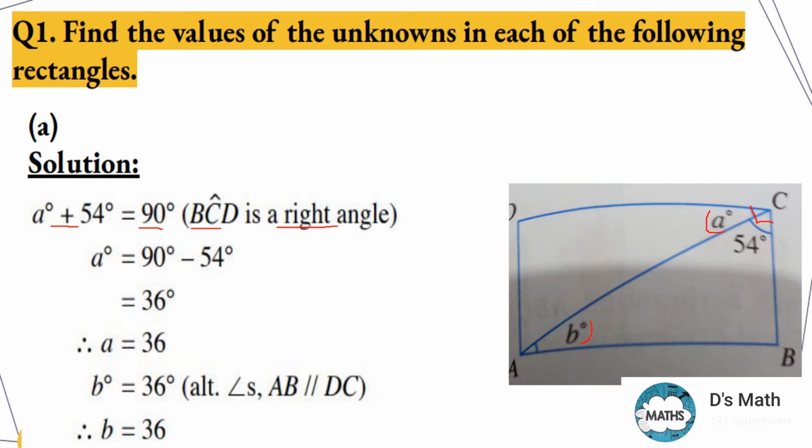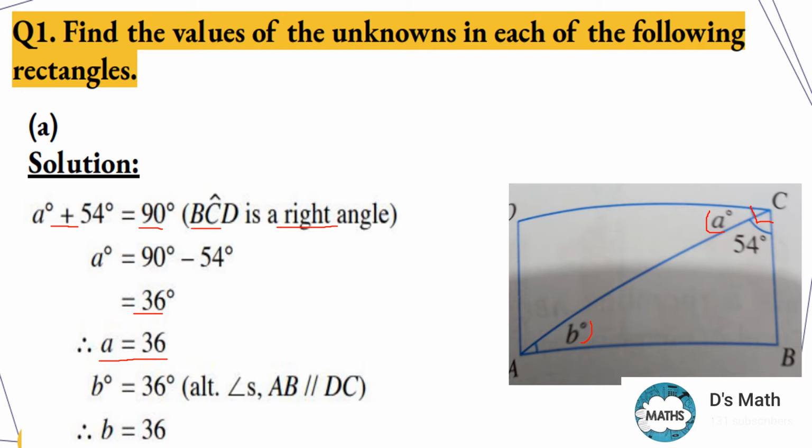हमें पता है कि जो edges होते हैं वो हमेशा 90 degrees के angle के होते हैं. On the edge we have only two angles. आपके पास सिर्फ two angles हैं, A degrees and 54 degrees. That means अगर आप A और 54 को add करोगे तो आपका आंसर 90 degrees आएगा. And we want to find the value of A, so we have to shift 54 to the other side. 54 is being added over here. When it is shifted to the other side, it will be subtracted. So when we subtract 54 from 90 degrees, we have the answer 36. That means the value of A is 36.